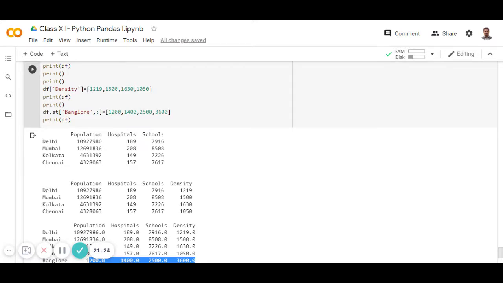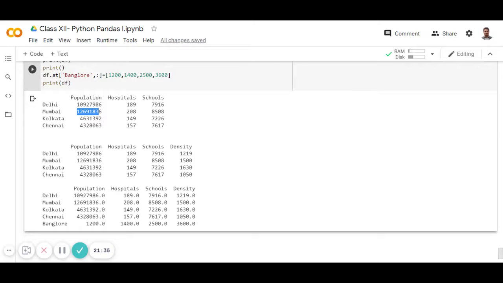We can also change any value of the data. Suppose we want to change the population of Mumbai.